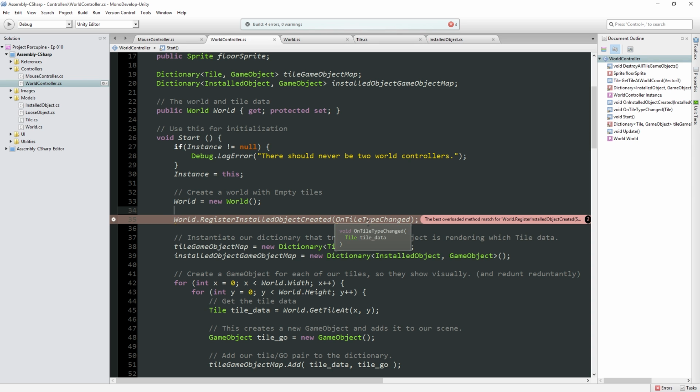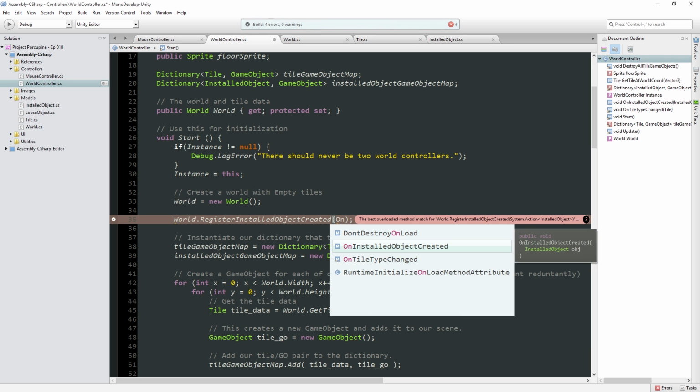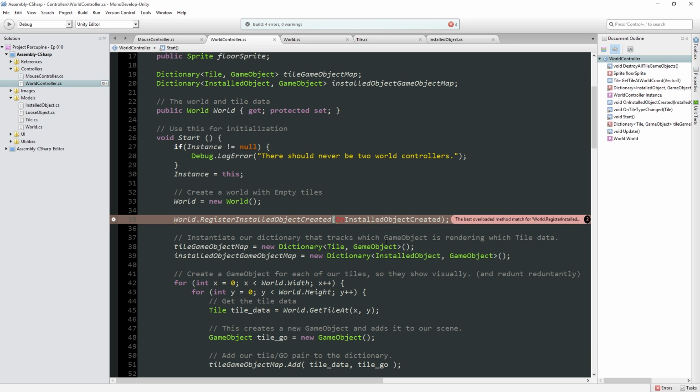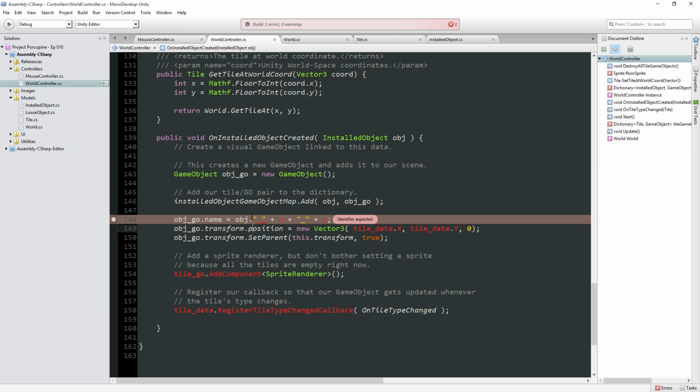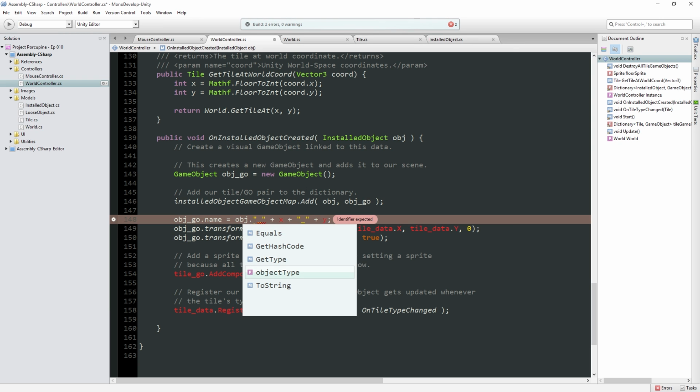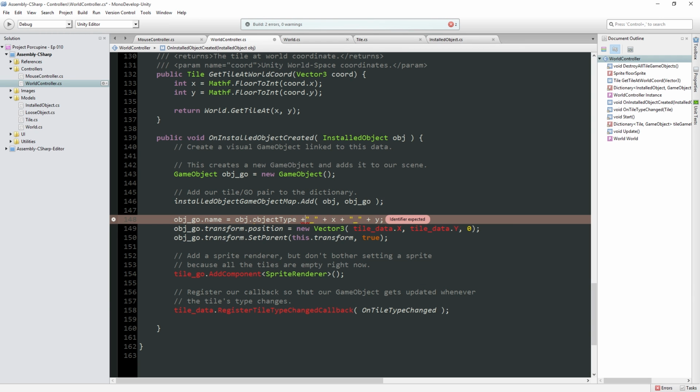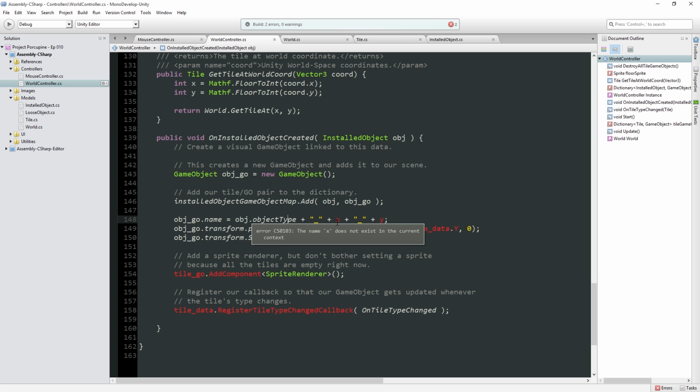Oh, wait, what did I do here? Wrong callback. On installed object created. There we go. Excellent. All right. So now we should be go object.object type, which again at this point will just be the word wall. It's just going to be called wall, and it wants the coordinates,